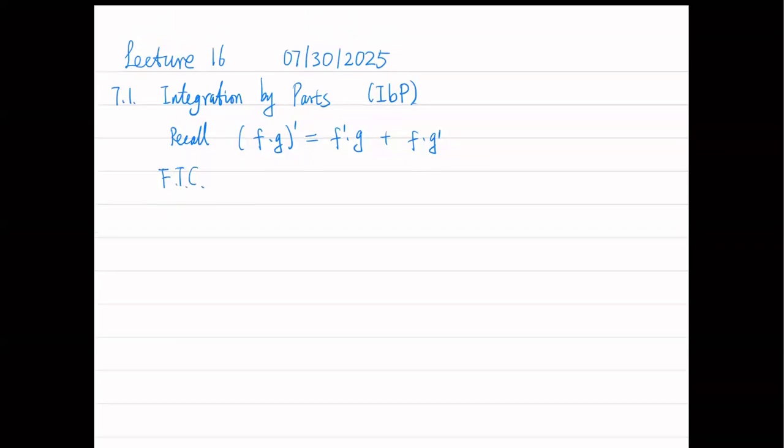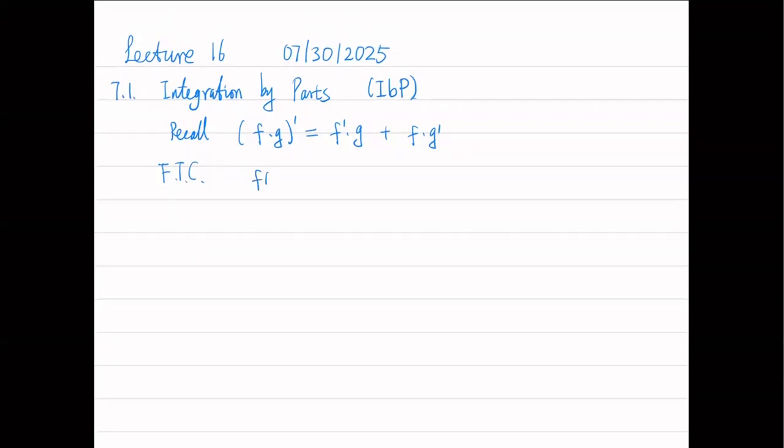We get that the FG in particular, if we want to find this integral, it can be represented as